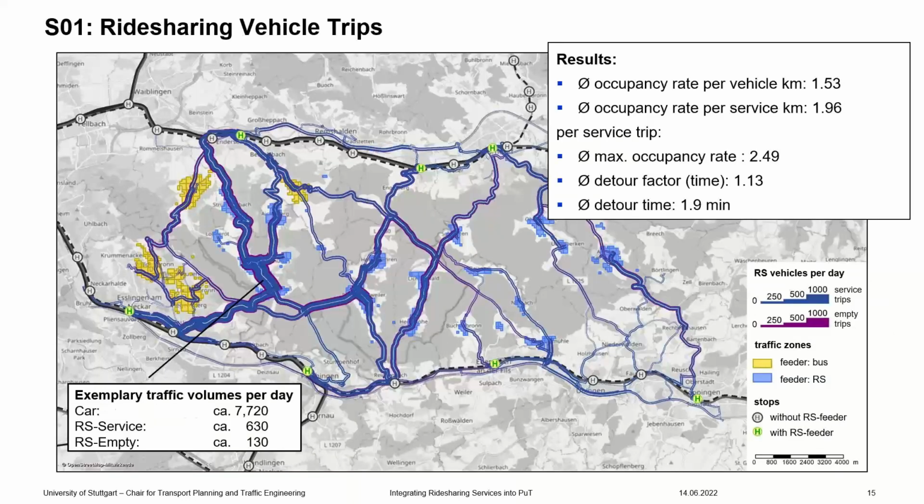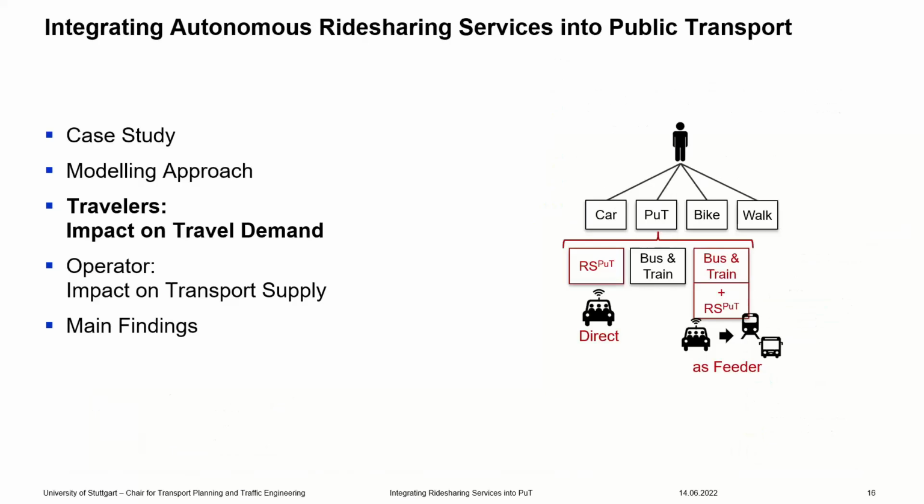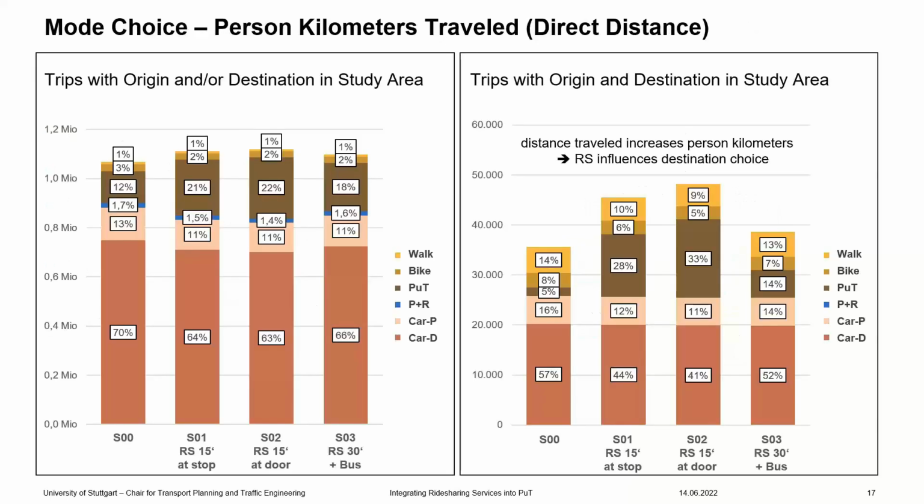And those results are, for example, the private transport assignment of the ride-sharing vehicles, which you can see here, differentiated in service trips, containing also the detours that are needed to pick up fellow passengers, and the empty trips of the vehicles. Also, we get some indicator values such as occupancy rates and detour factors. And I want to show you some more results. For example, the impact on travel demand, which can be seen here in the mode choice